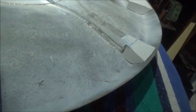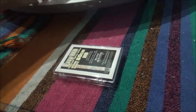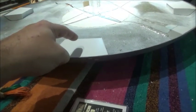Okay, this is what the boxes look like now. They're not down to the micron conforming to the inside of the contours of the saucer, because, hey, that's what putty or epoxy is for. But they basically all share the same characteristics. They have a top, a back, and two sides. What that is going to do is I'm going to line the back with LEDs, pop it in like that, and not only will it shine forward to shine the windows, but it'll also shine up through this white, and that will illuminate the 4 quadrant